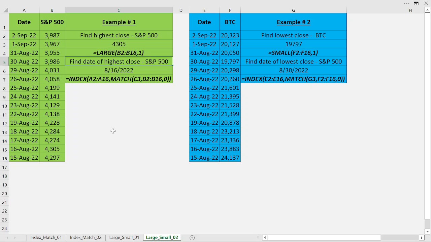We would use an INDEX MATCH function. If you're not familiar with it, please reference our prior video, which goes into a good amount of detail discussing the INDEX MATCH function and really how to put it to use. But essentially what we would do is type in INDEX, which means find, within A2 to A16, which are the dates,